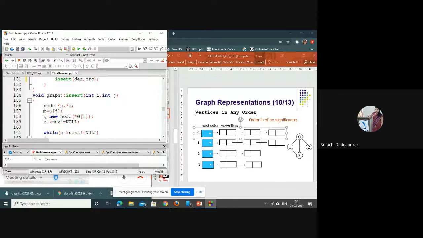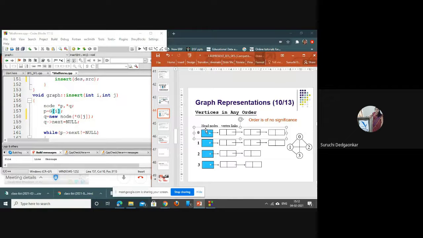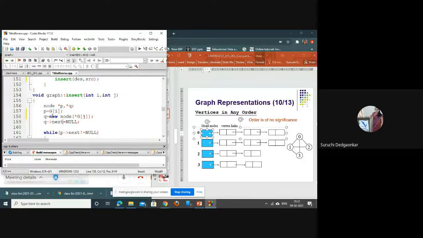Now there are two nodes, node pointer p and node pointer q. P is g of i, and q is new node pointer g of j. Here p is the node for the source list. If we have to insert the edge 0 to 1, this is our p.